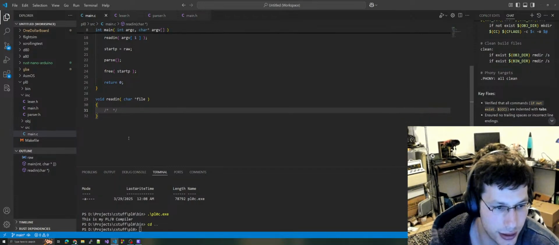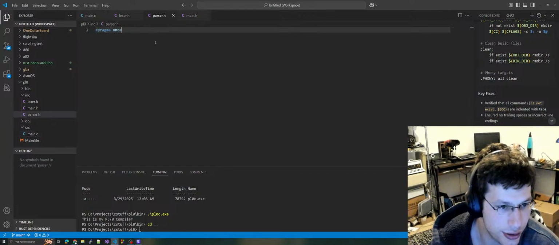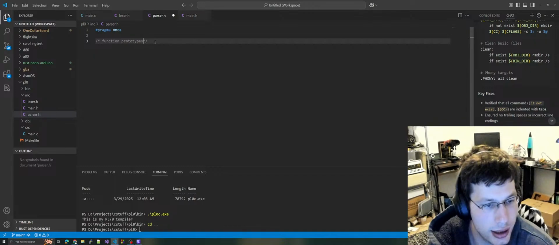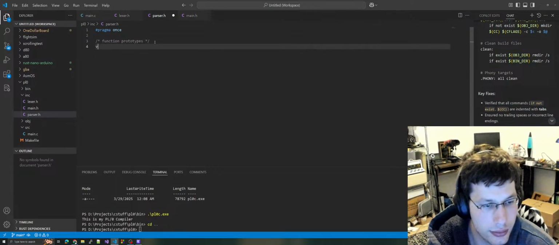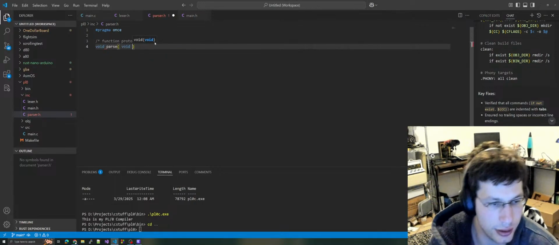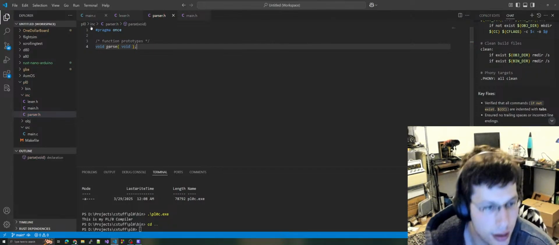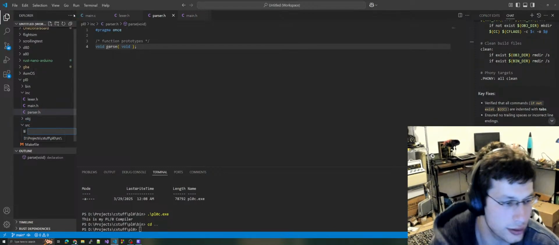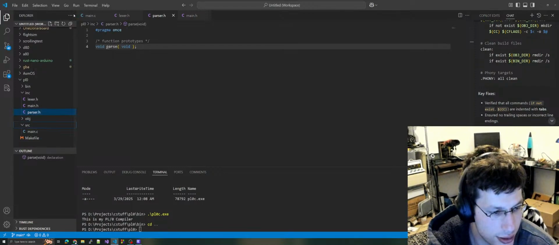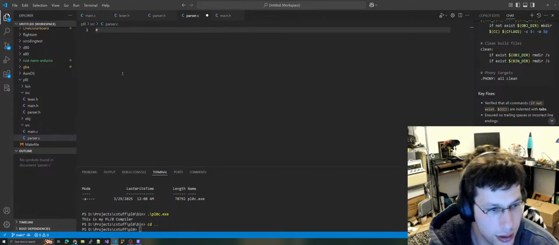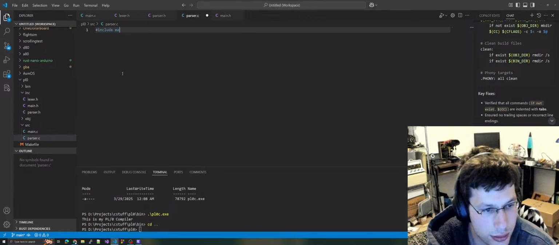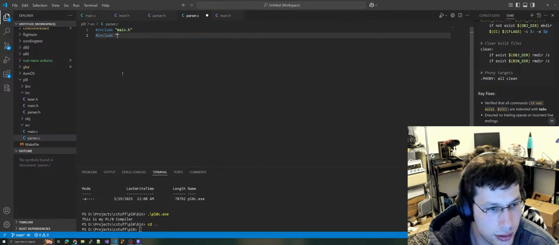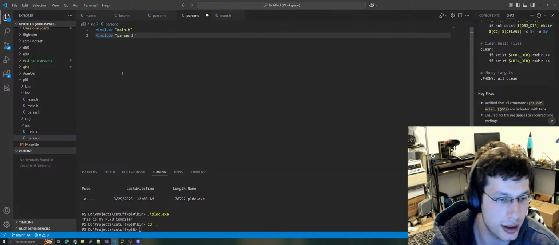Then we're gonna do a read in. Then we're gonna do a parse. So here we do function prototypes. Void parse void, and then we go here, new file, parser.c, include main.h, include parser.h,